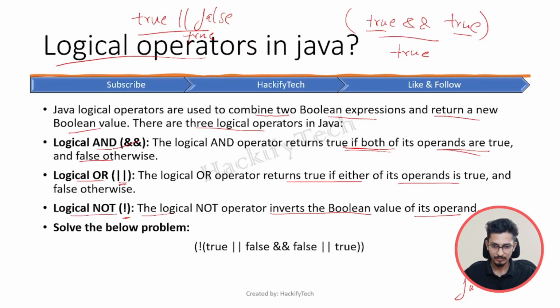So there is one problem given here. Okay, so let's solve this. What is that? True or false. So now it is like 1 plus 0. The result will be 1. Now let me bring this down. Ampersand ampersand false. Now 1 multiplied by 0 will be 0, or is nothing but plus, then it is true here. I will give 1. So the end result will be